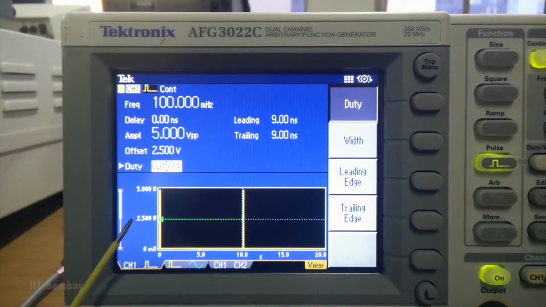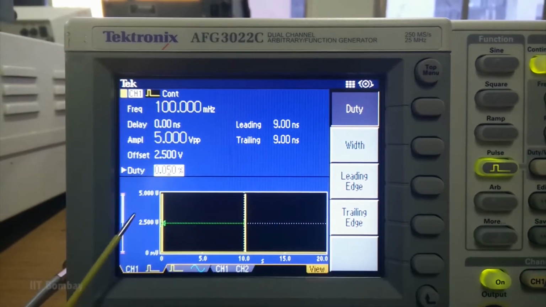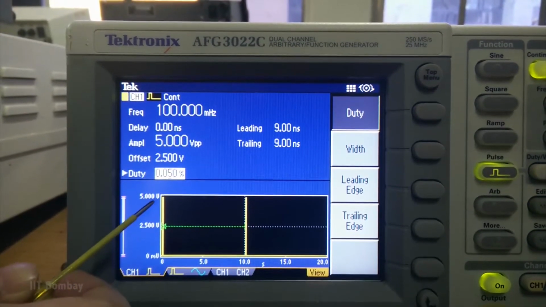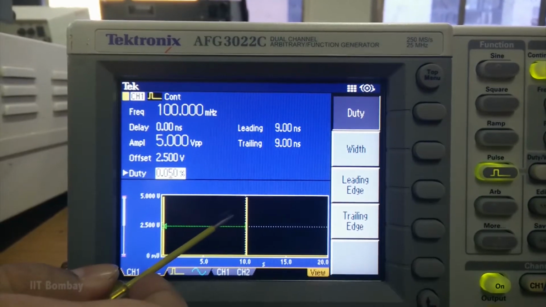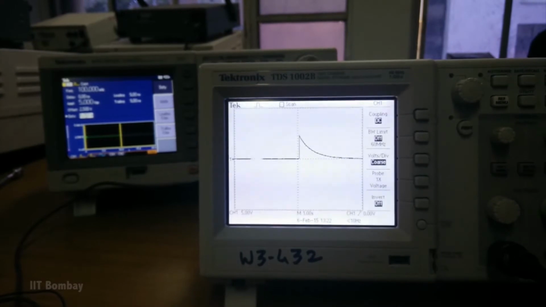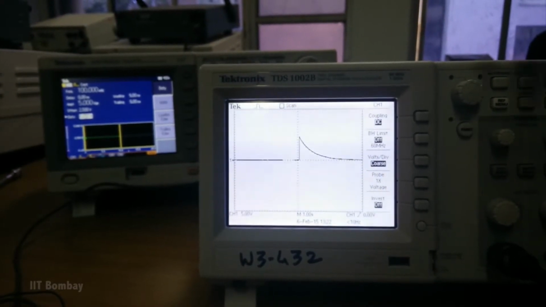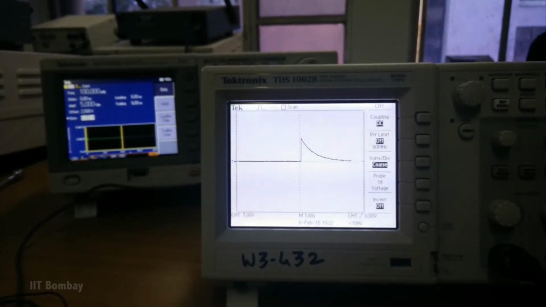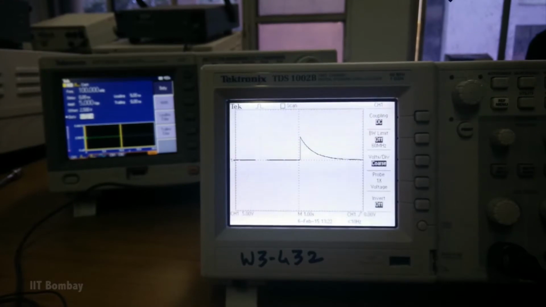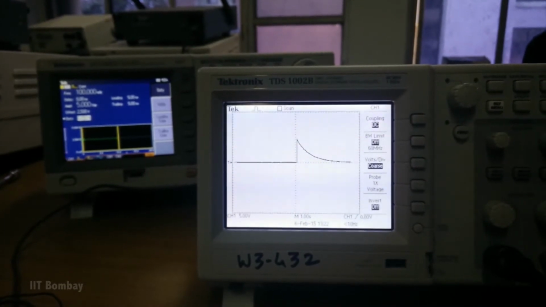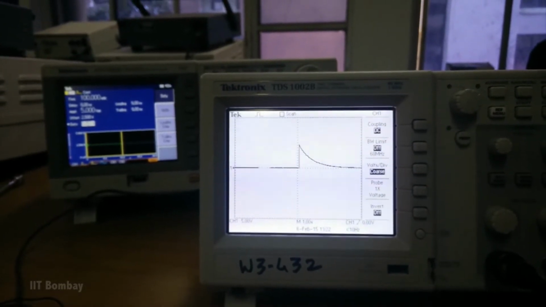As an input, we give impulses at regular intervals to the RC circuit. You can see these sharp, narrow pulses here on your screen. We know that the impulse response of an RC circuit is an exponentially decaying function. Since we have given impulse as an input to the RC circuit, on the oscilloscope we observe that the output is indeed an exponentially decaying function, showing that if any system is given impulse as an input, then the output is the system's impulse response.